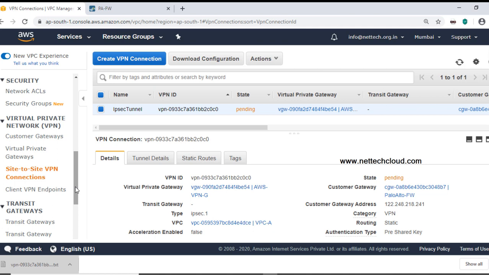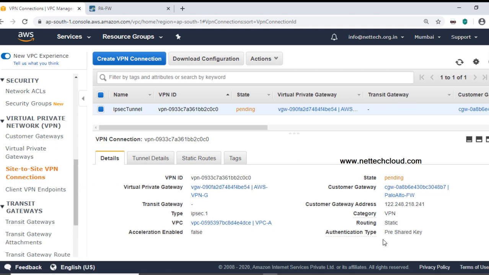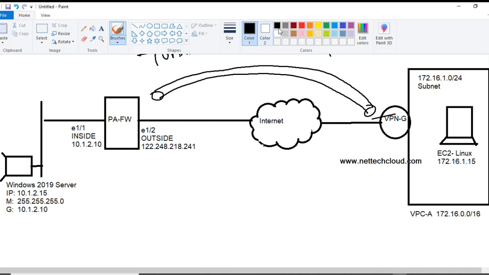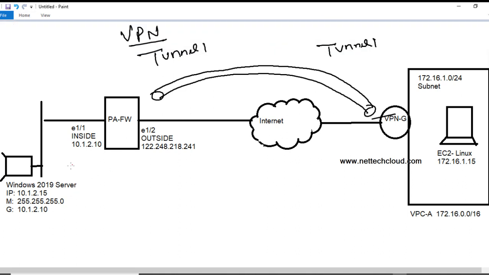And the last step here is routing part, because here we need to specify how to route packets to this network 10.1.2.0/24.